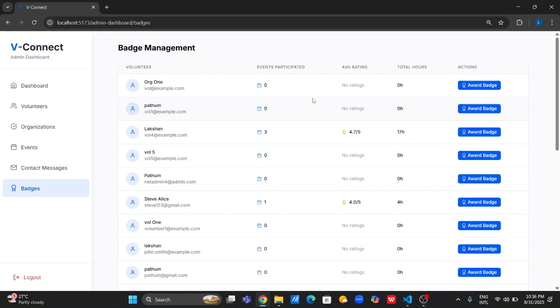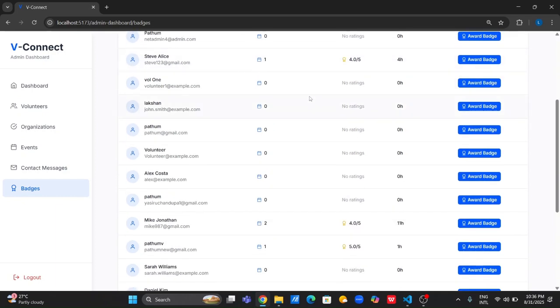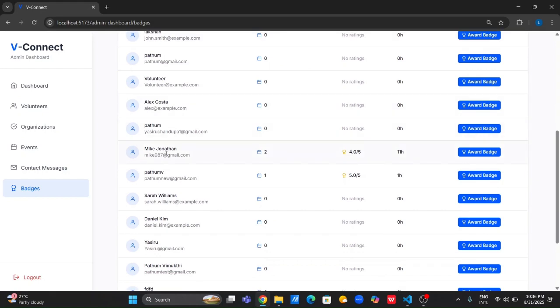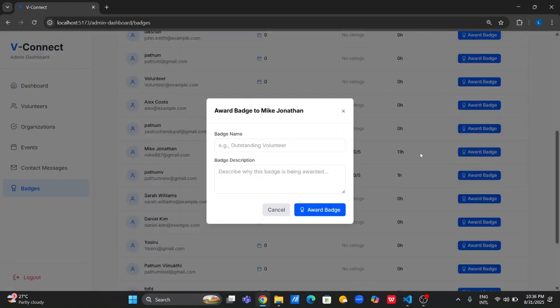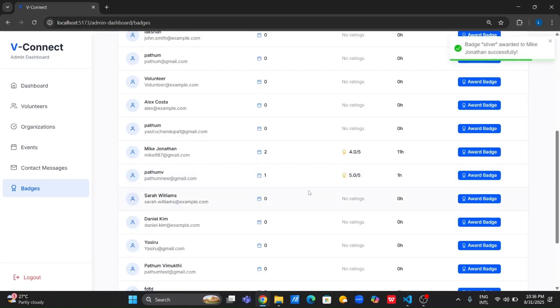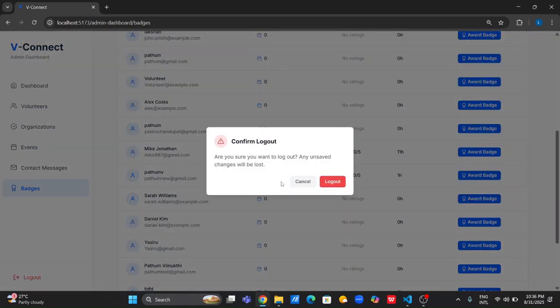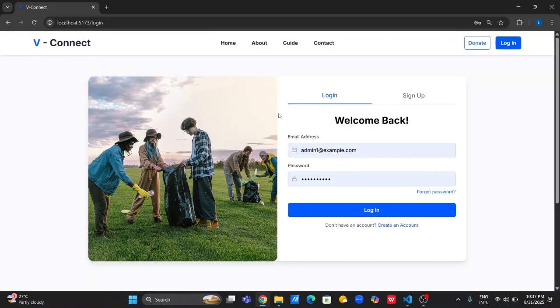The admins can give badges to selected volunteers. So let's say that Jonathan is a volunteer. We can give